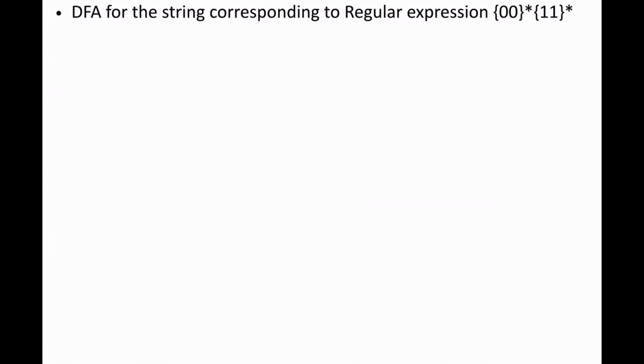Today we'll be discussing in this video the DFA for the strings corresponding to the regular expression 0 0 star followed by 1 1. This is quite interesting. How do you write a DFA for this? As usual, first you find the minimum string in this. So the first minimum string is